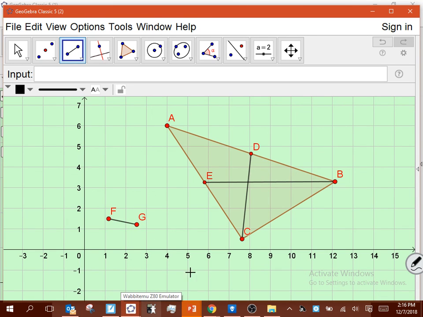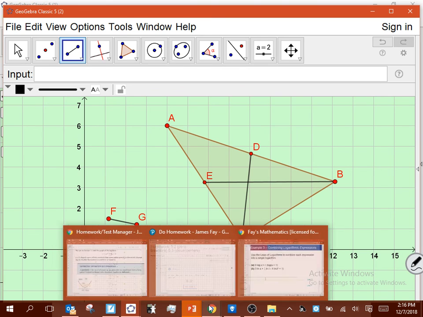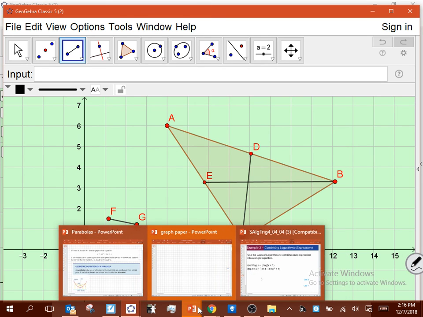Continue to work with this stuff. We've got that assignment available right now, due on Monday. What I have done